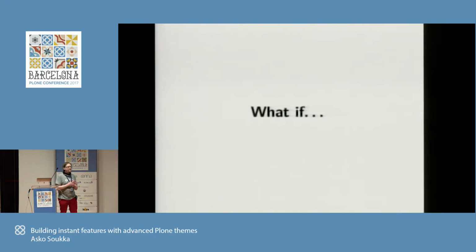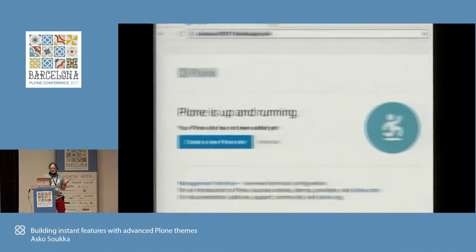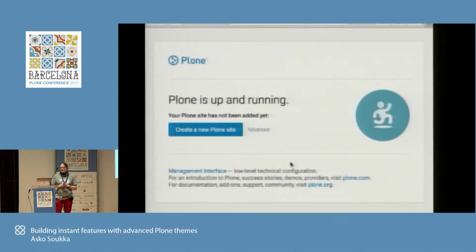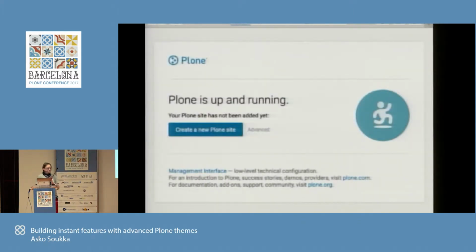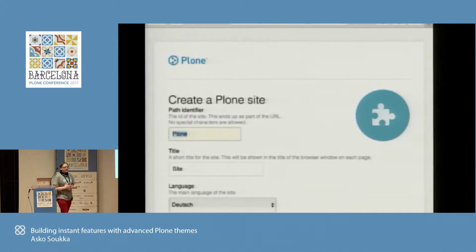So what if we can bring at least half of that fun back to the current version of Plone? You have a Plone instance running on some cloud service, set up easily by clicking a button somewhere. And then you have a feature request. For example,